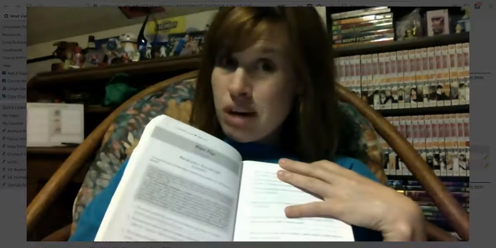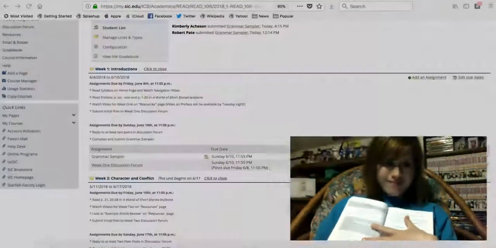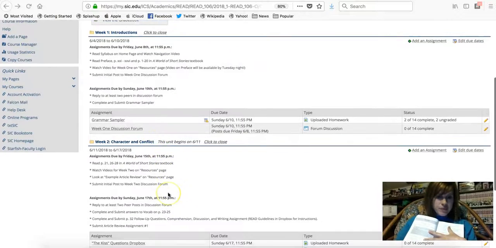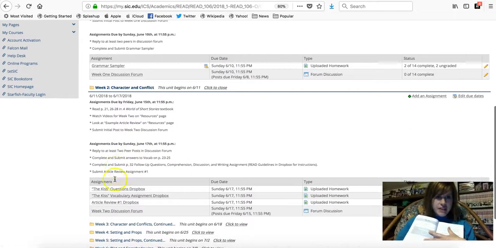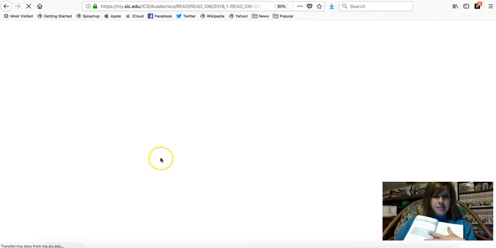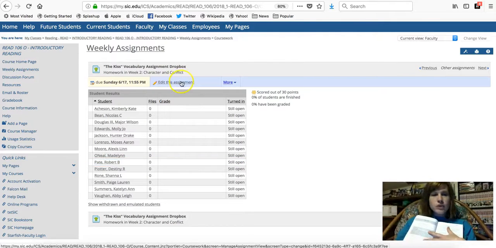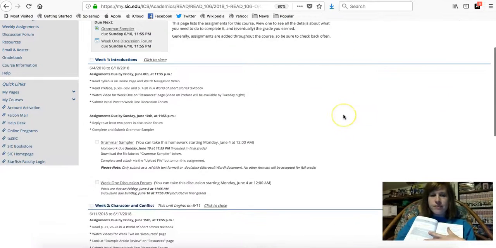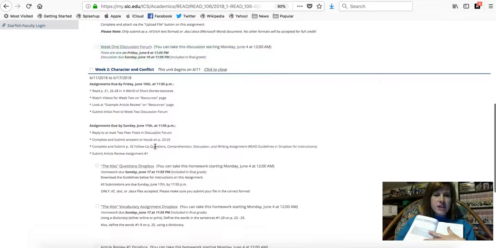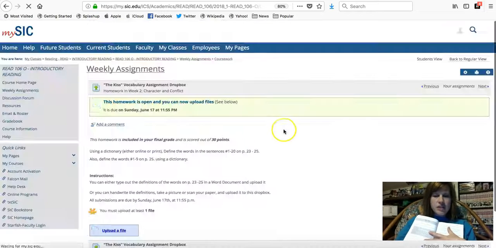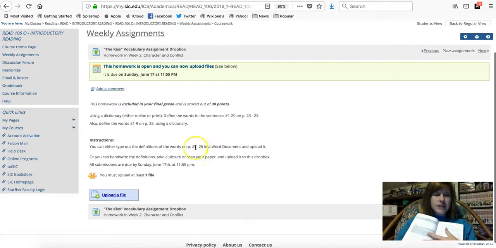So we actually have a drop box starting in week 2 for this, and I'm going to pull up week 2 and show you. In week 2, you will see that there is a vocabulary assignment. What that is, and I'll click on it, is starting in week 2, which is next week. So you don't have to worry about this week. I'm just letting you know ahead of time. What you'll do, and I'll change this to student view to show you as a student, is this is how you'll see the site. So if I go to the vocabulary assignment, you'll see that